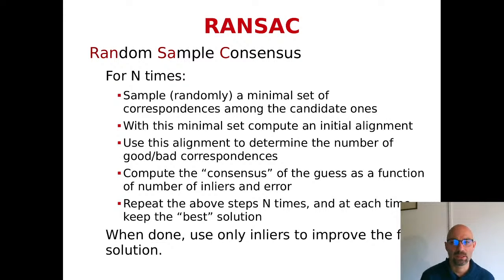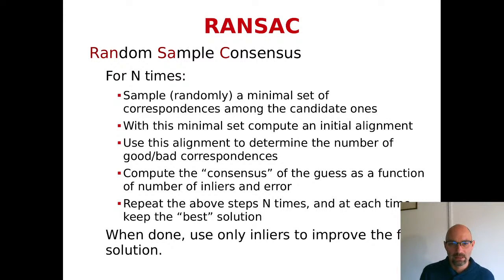So we say, okay, you know what? Given that I don't know which one is this minimal set of correspondences or pairs, I will just proceed as follows. Given one round, I give it a try. I pick up 3 or n correspondences, with n the minimal number of correspondences, from this big set. I pick them at random. I get these correspondences and then I compute the solution. I can determine the inliers, I can determine the outliers, and then I might say,